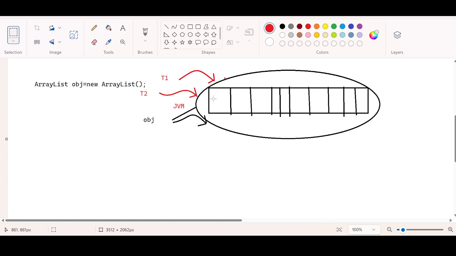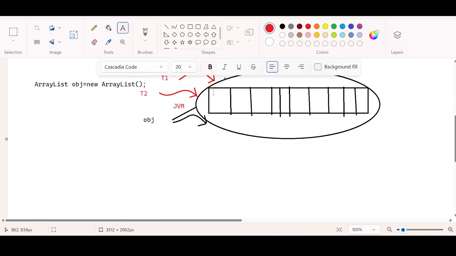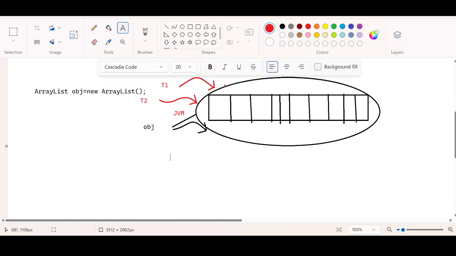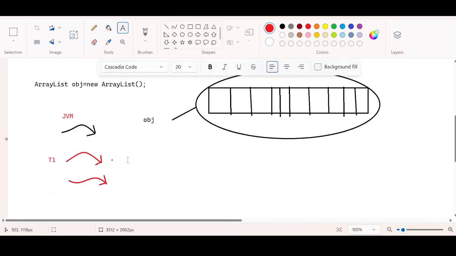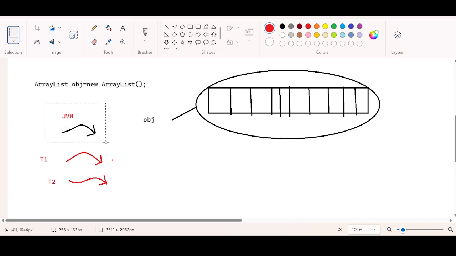So parallelly, if you want to maintain the perfect data, this concept is called what? The non-synchronization. When you are allowing, please remember this point. Just keep this in mind. You are going to see a lot of things about these threads in the multi-threading examples. That is a future topic. If you allow multiple threads, this is T1 and this is T2, to access an object at the same time,